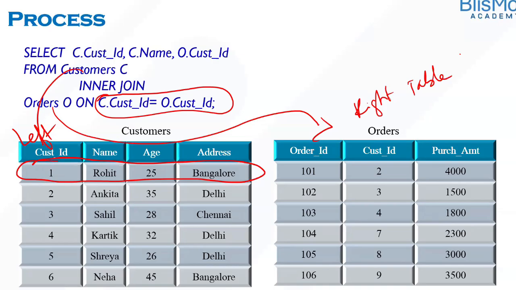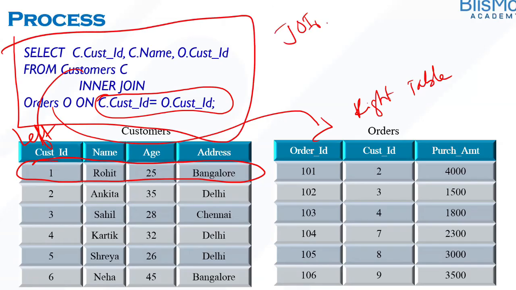Why am I saying right and left here? What is the reason? Why am I saying customers table is the left table and orders table is the right table? Correct. See, if you observe this, this is my SQL statement to join two tables. Now, if I want to join those two tables, I provide this join, right?